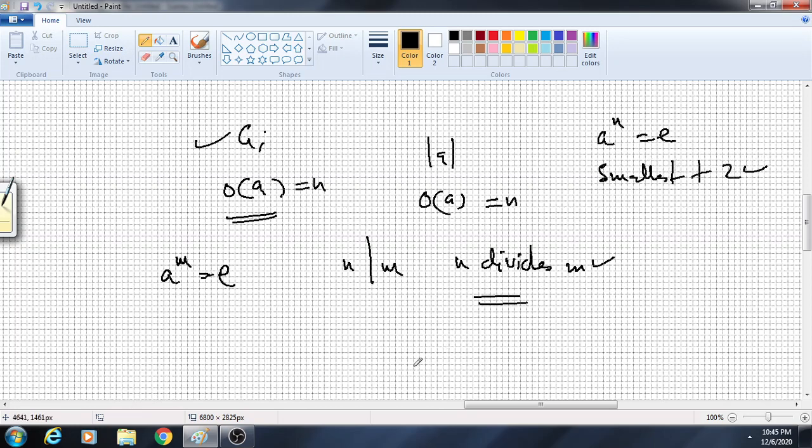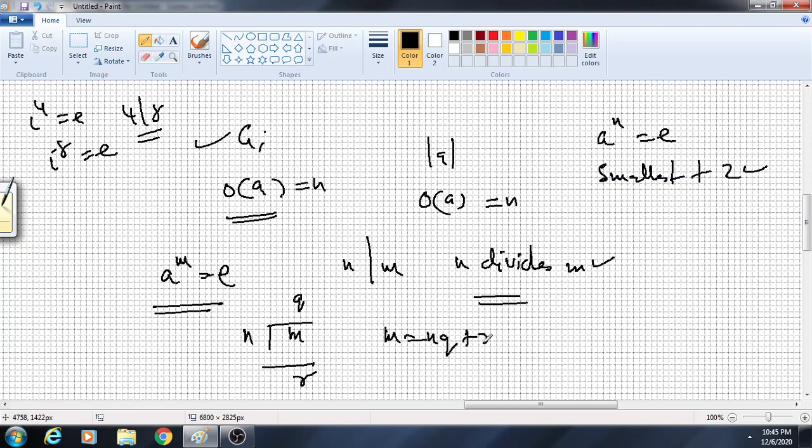Okay, so we are going to claim that if a raised to m is equal to e, then n divides m. For example, i raised to 4 was e, and i raised to 8 is also e. So 4 divides 8. It is obvious here, so we are generalizing that concept. How do we prove that? You take this m, divide by n, and apply the division algorithm. What do I get? I'll get a quotient and some remainder. So m can be written as nq plus r,